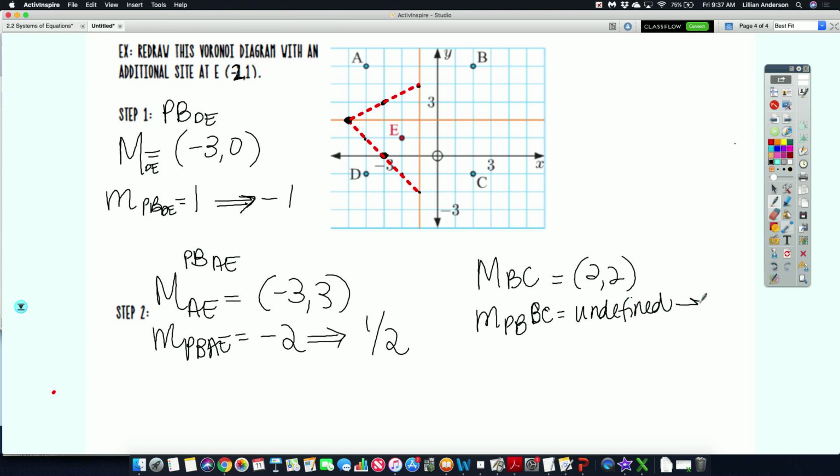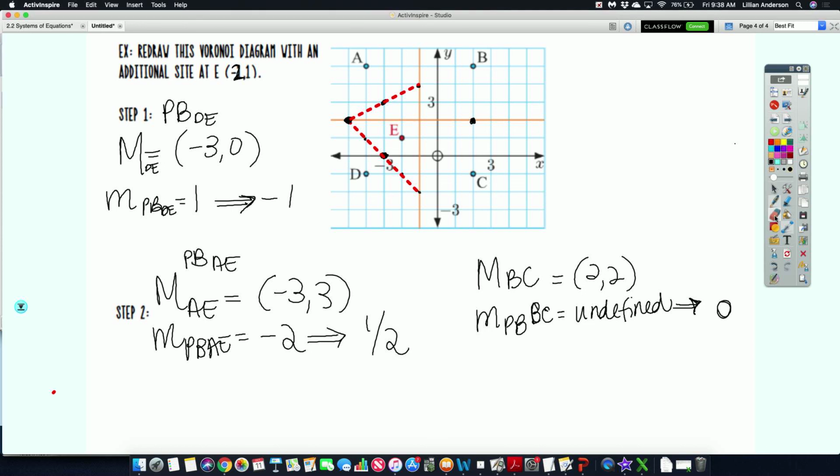So if BC is undefined, the perpendicular slope of that would be 0. Okay? Vertical and horizontal lines, they are perpendicular to each other, so an undefined slope, perpendicular gradient would be 0. So then, from the midpoint, we are going to